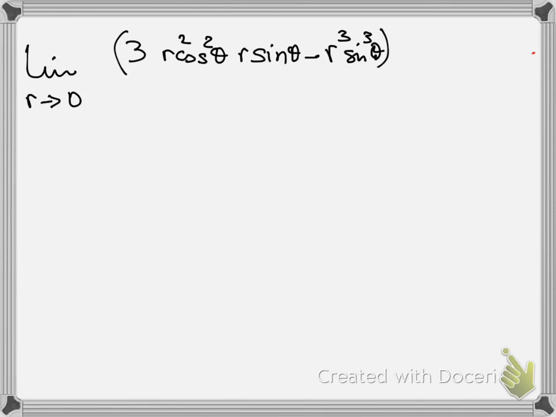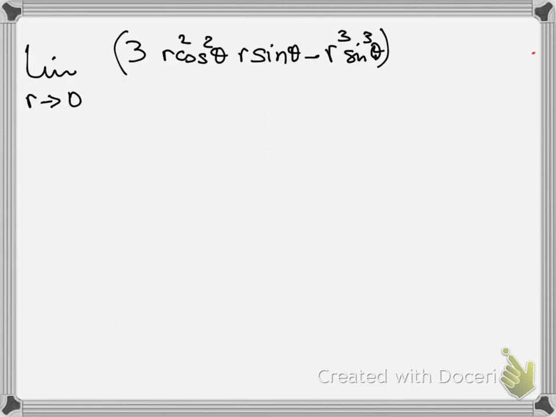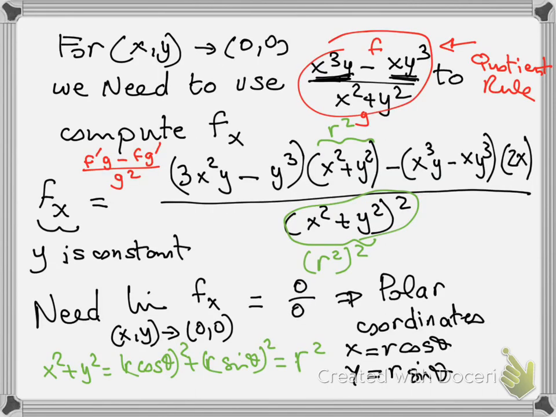So this whole thing here times r squared, so times this r squared here, minus, and then I don't have enough space, so this x cubed y minus xy cubed. But anyway, the thing is,